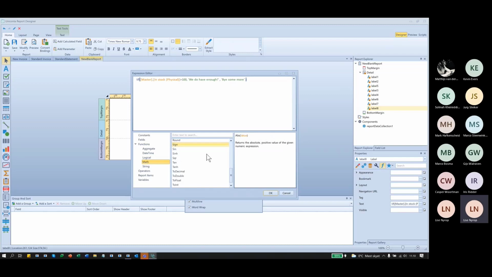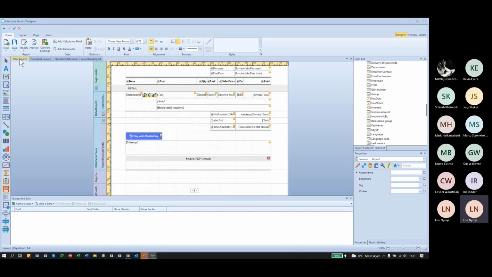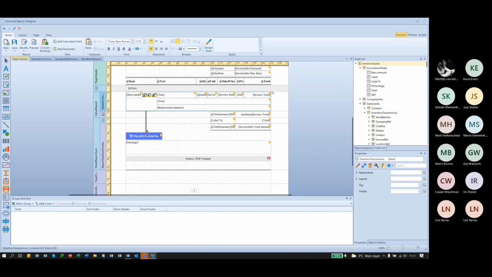We have some math. For instance, if you take some of the text fields, I'll show you in the invoice. It's a nice place. We have this quantity here, and the quantity. This is the text, the string. If you like to use the positive quantity in here,